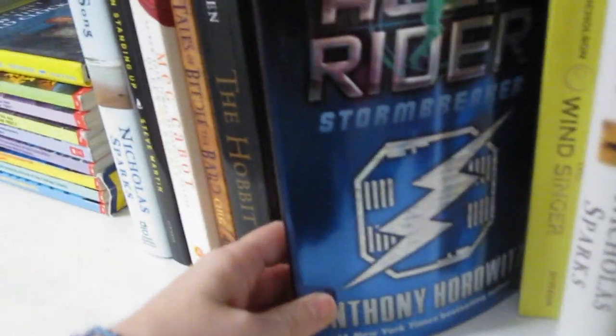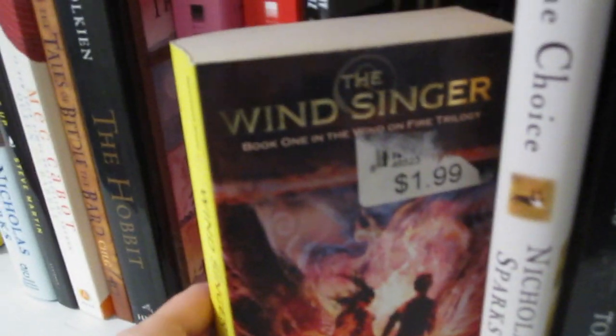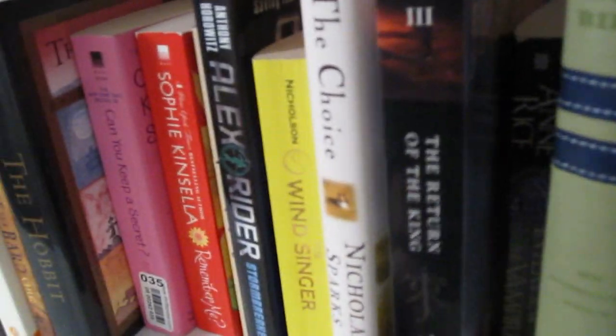Here we have Alex Rider, The Stormbreaker, and it's action-packed, so if you want action-packed, that would be a book to read. Here we have Windsinger, I don't know, then The Choice by Nicholas Sparks, which I have no idea what that's about. Return of the King, again, another bit of a series that I don't have the other books to. Then we have Anne Rice's Interview with a Vampire, two Bibles,